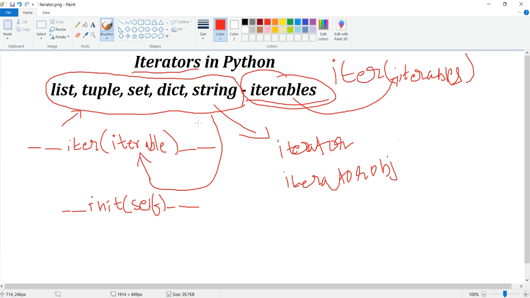Now inside these iterators, one thing is we have this iter function, and the second is a function called the next method. Next is responsible in the looping context.